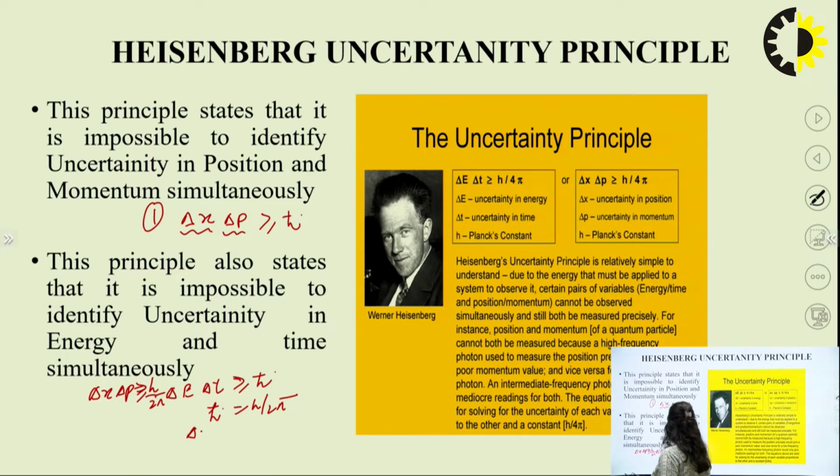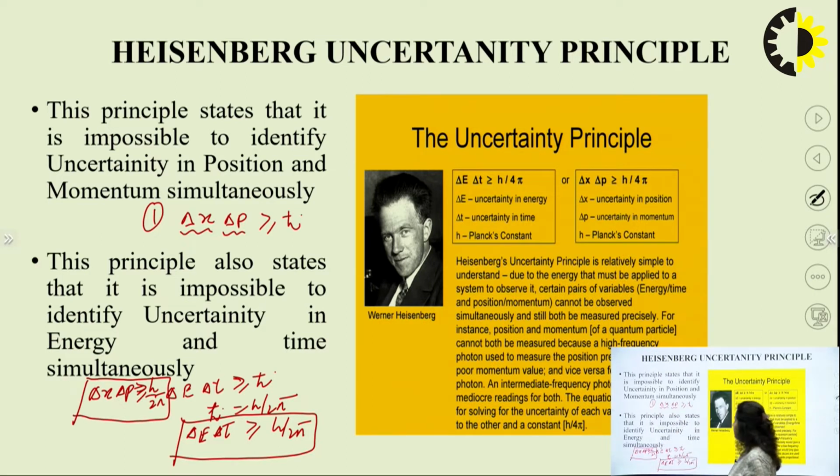Similarly, delta E multiplied by delta T is greater than or equivalent to h by 2 pi. So, these two relations will give you the uncertainty in the position, in the momentum, and in the energy and the time. Heisenberg is a very well known scientist. Werner Heisenberg gave this principle, that is delta E into delta T is equivalent to h by 4 pi, and